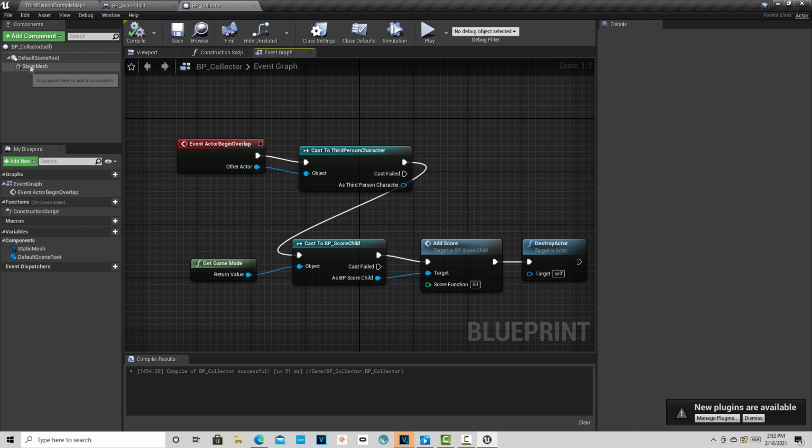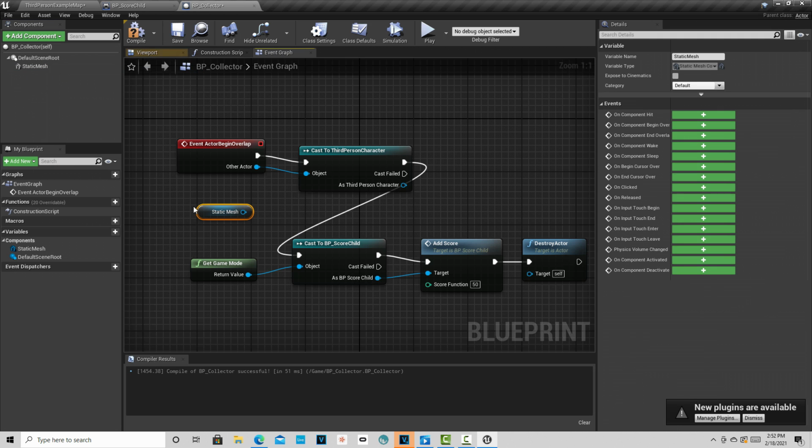But let's say I come in here and I drag a static mesh on here, right? And let's say I drag this into here and I try to compile it. You see, I get this error: Third person character does not inherit from static mesh component. In other words, these are not in the same class, so there's no inheritability here. This parent is not related to this child. But when I put these two together, because they're in the same class, then they go through,